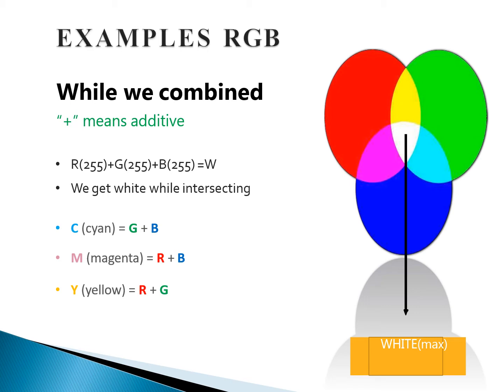So here the RGB is called additive coloring. The additive coloring is a combination. That means when you add, you get the colors. That is called the additive combination. By using this additive combination, we can get even the complementary colors also. When I combine green and blue, the color I get is called cyan. And when I combine red with blue, I get magenta. And what is the color obtained when you combine red and green?